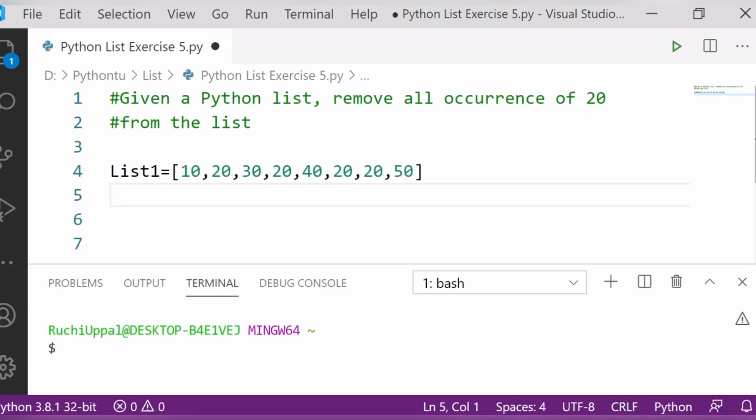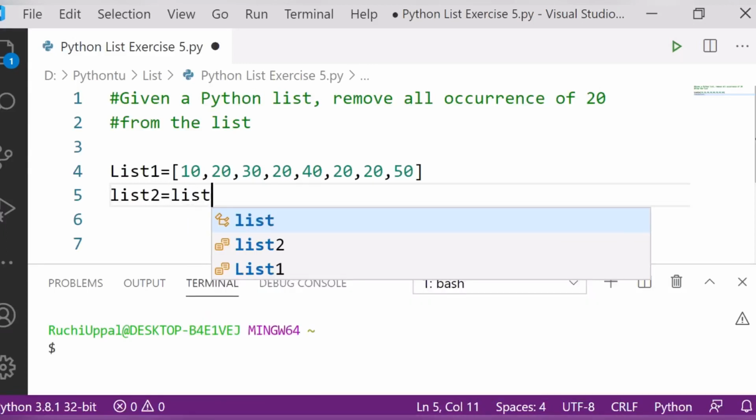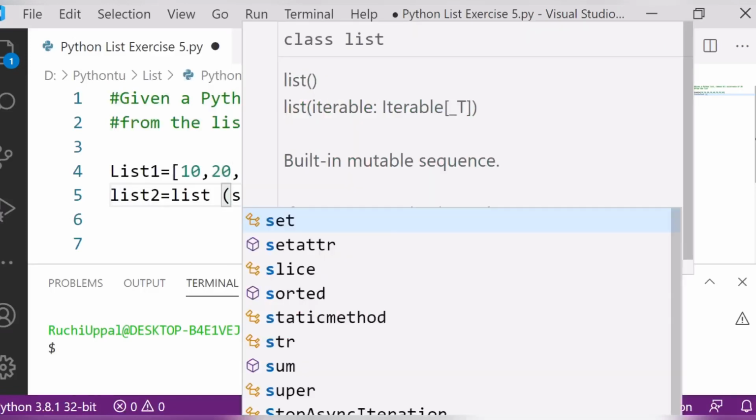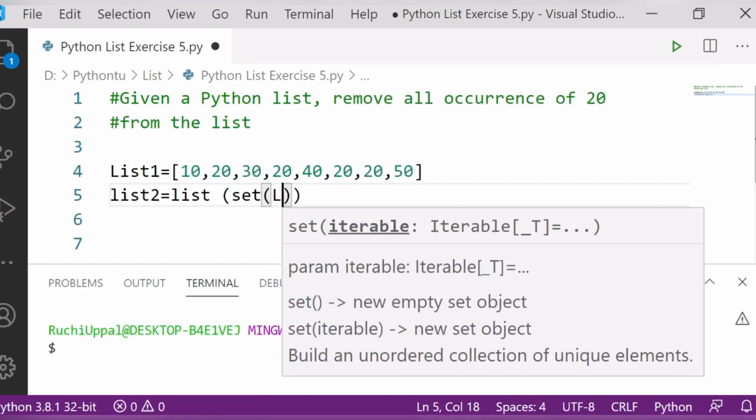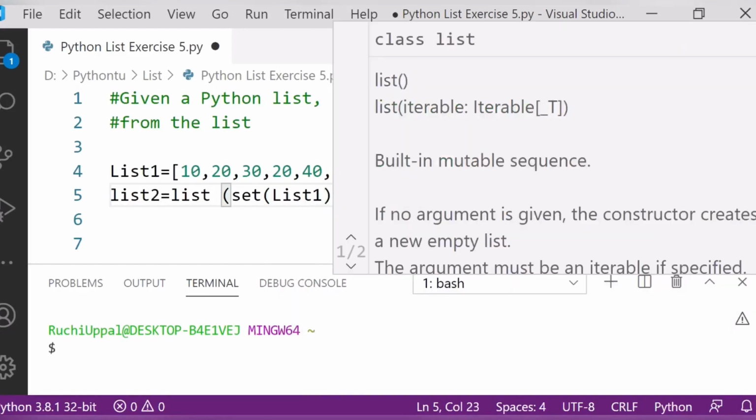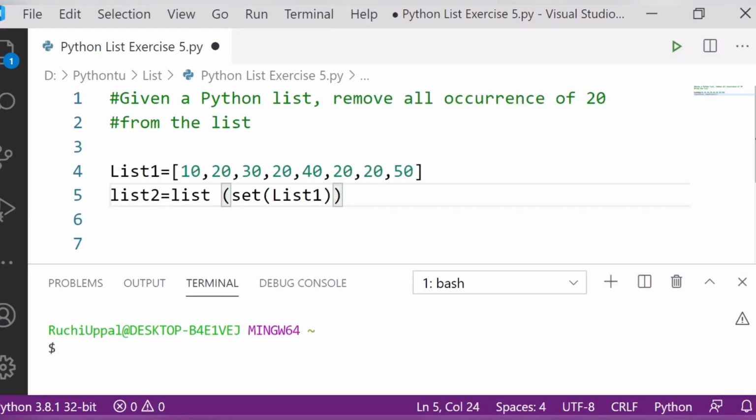First of all, for that, list2 equals list, then we will use the set keyword, and then my list1.